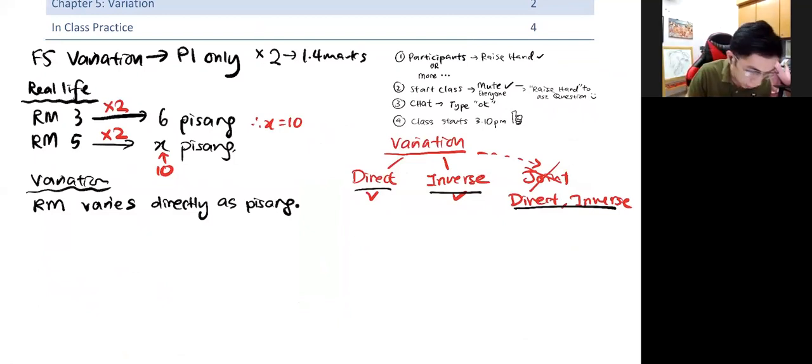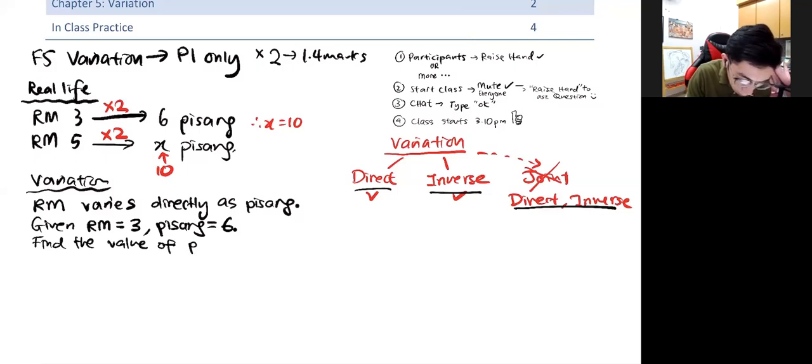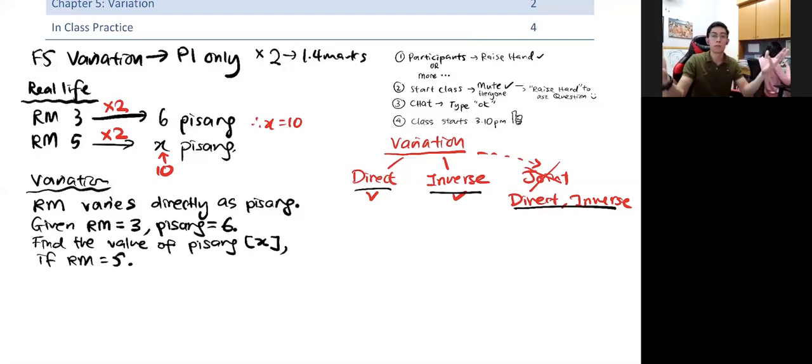So RM varies directly as pisang. Then given RM equals 3, pisang equals 6. This is how patterned they are. They just want to write everything in detail, in sentence format. Then they say find the value of pisang, which is x, if RM equals 5. Can you see they ask you something silly, because you know the answer is already 10? It's just that now I'll be